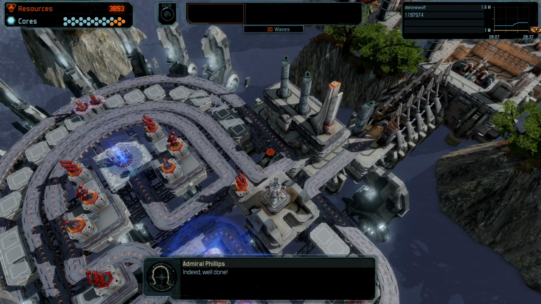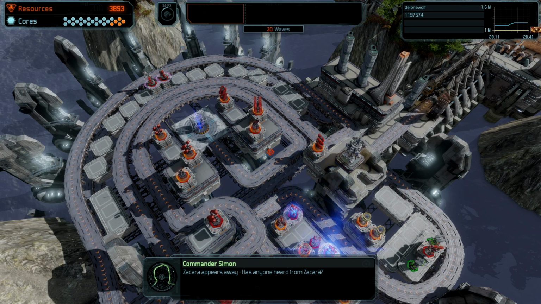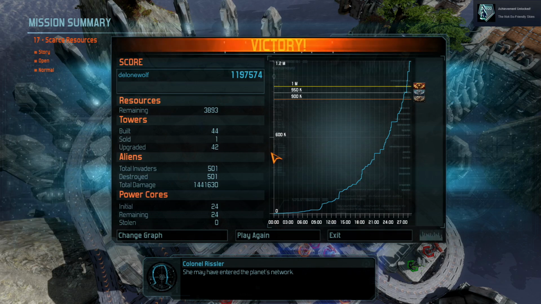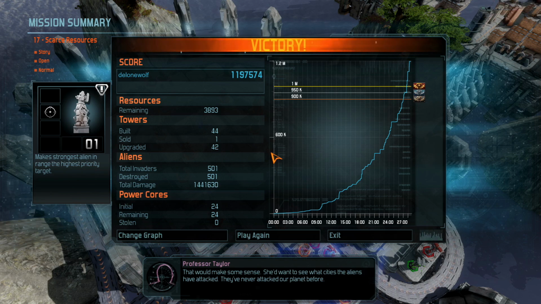Indeed, well done. And then Zakara appears. Has anyone heard from Zakara? They basically try to tell the story a little bit. But alright, about half an hour for this level. It's actually a pretty high-end level, and apparently I unlocked something. So maybe I'll just do